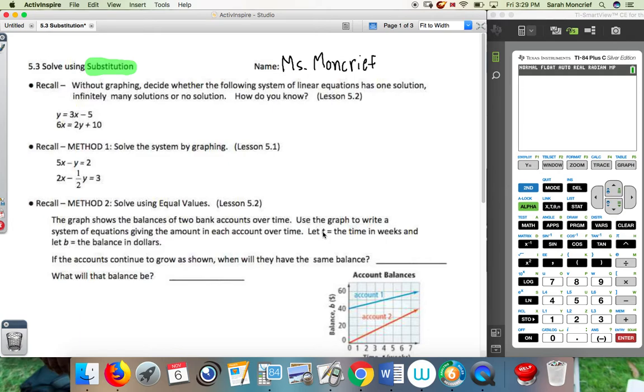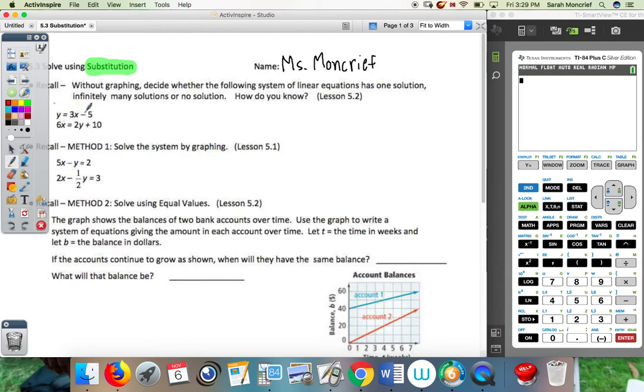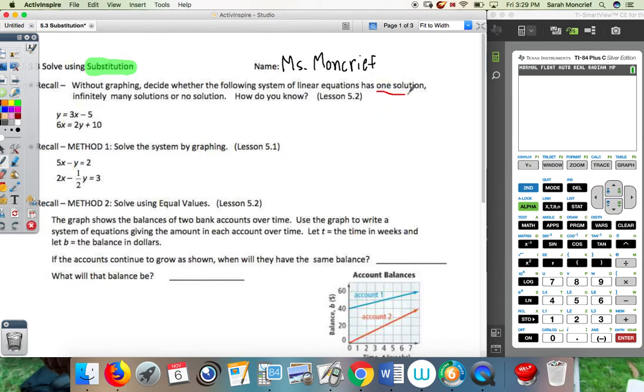So the first thing we want to remember is, without graphing, decide whether the following system of linear equations has one solution, infinitely many solutions, or no solutions. And how do we know? Just so that way we can remember a few things, let's remember first what it takes to have either of these three options. So in order for it to have one solution, it'll